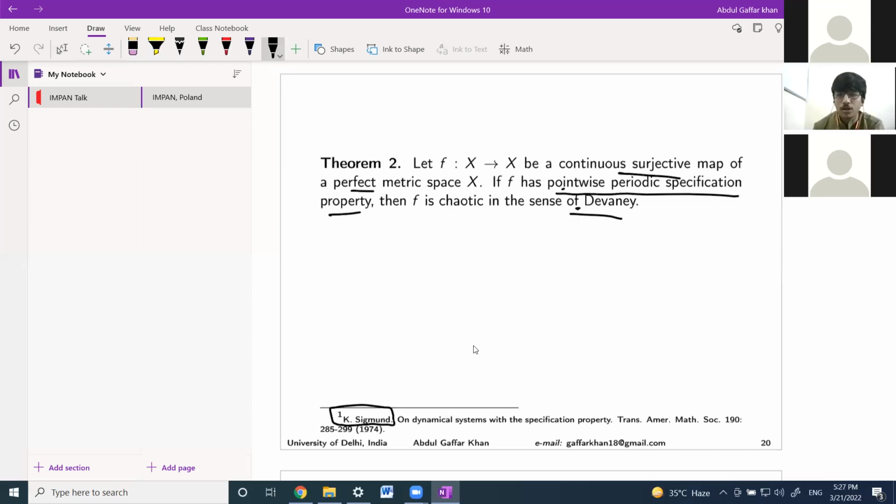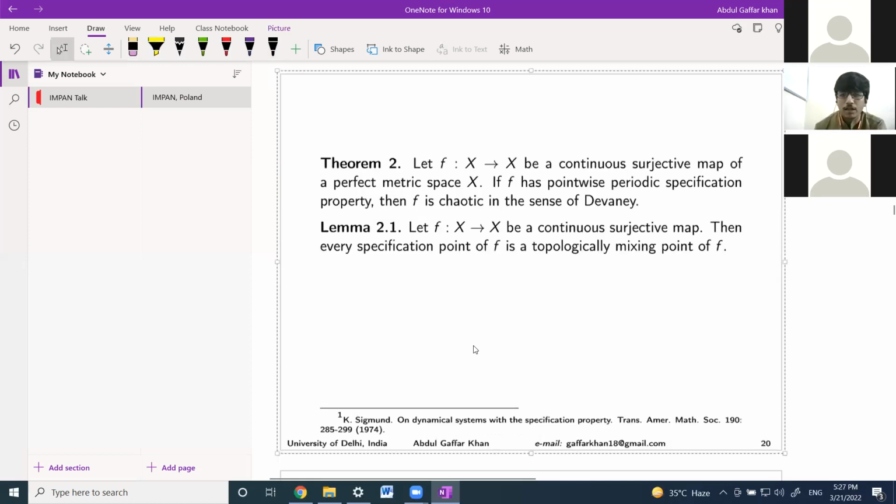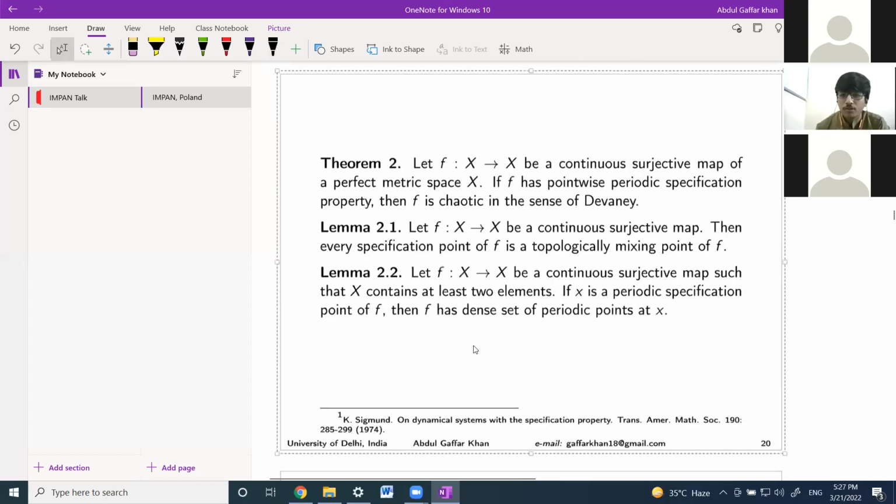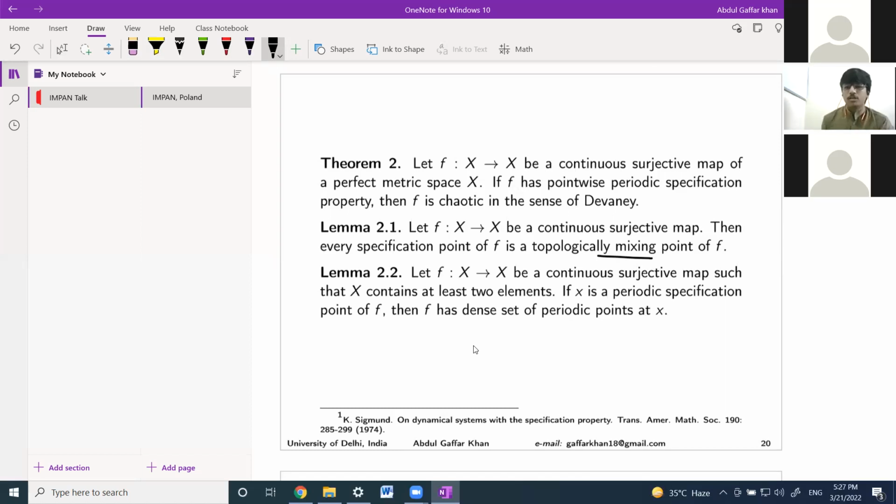So the proof is divided into two parts. The first says that every specification point must be a topologically mixing point. And moreover, every periodic specification point must have a dense set of periodic points in its neighborhood. So one can see that